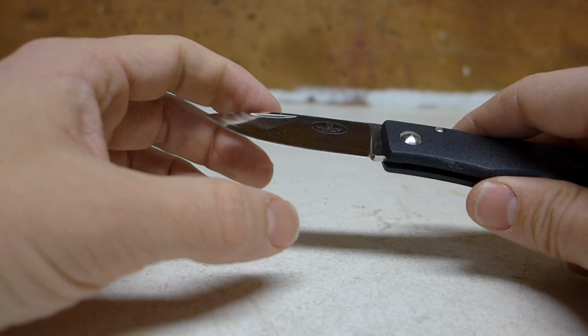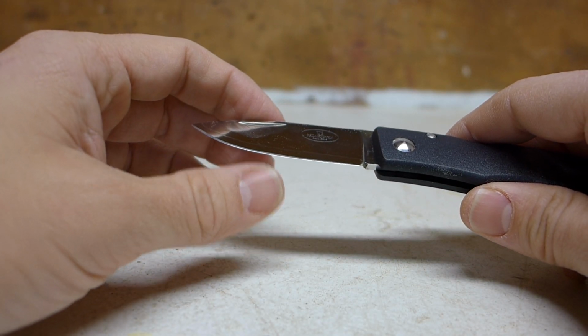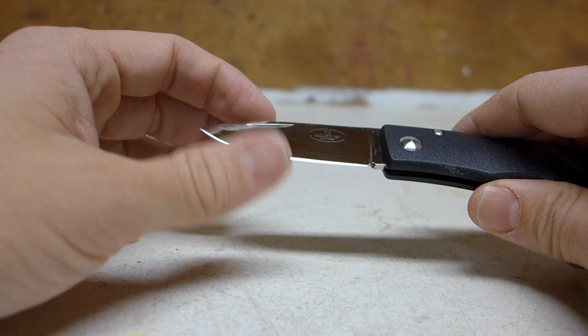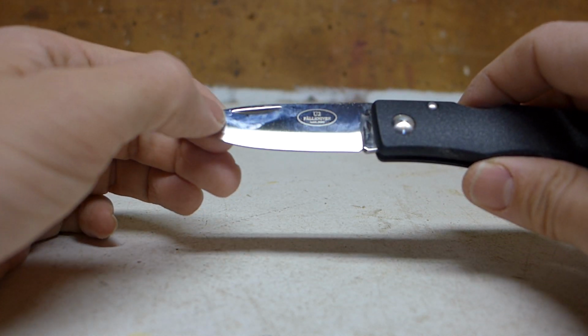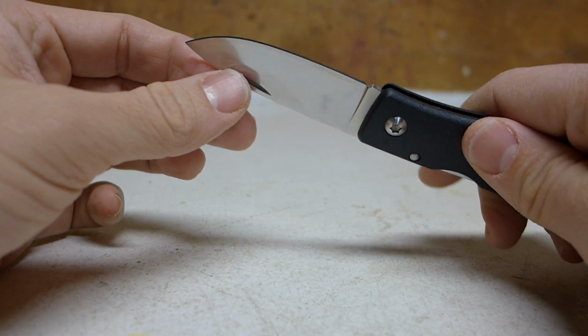The knife came incredibly sharp out of the box. There's no knife that I have ever had that was sharper out of the box. That's my heater, sorry. And the knife itself was